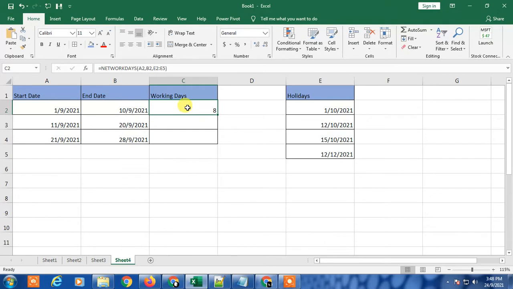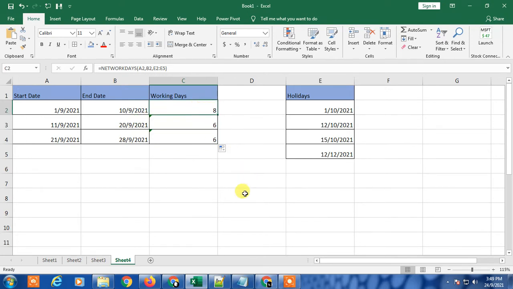Now if I want to apply the same formula to other dates or another cell, just click on the right bottom corner and scroll down, so it will be copied. But you can see there is an error, because the reference cell has shifted.